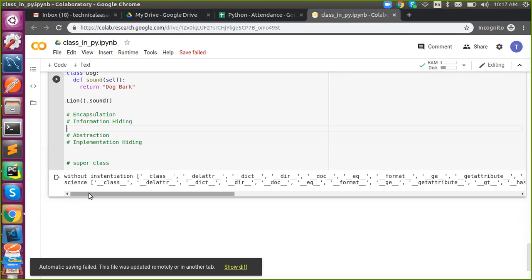Okay. What is hiding information? What do you understand? So actually they told you a definition, right?